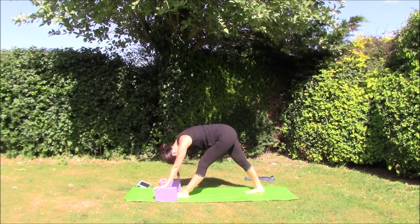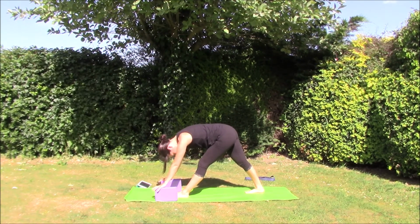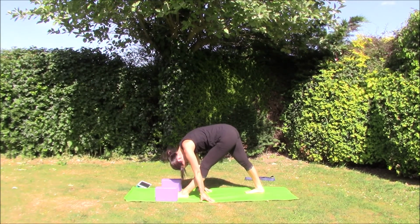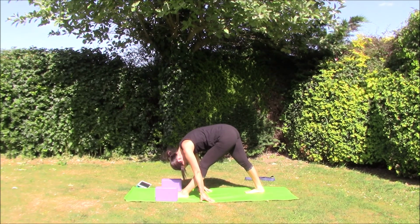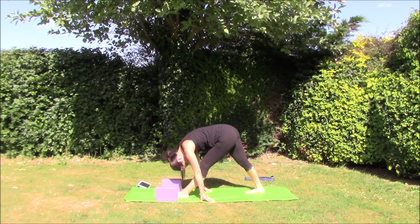If you already have the mobility in the hamstrings and can lower the fingertips onto the floor, then please practice here. But again, we don't want to overburden the lower back, and we don't want to feel a burn here. We don't want any sensations that veer into pain. Just playing your mild edge and just feeling that stretch, pressing through that back right heel, big toe mound of the left foot,